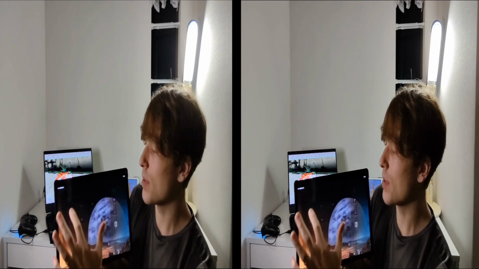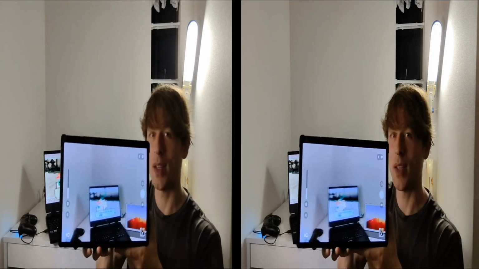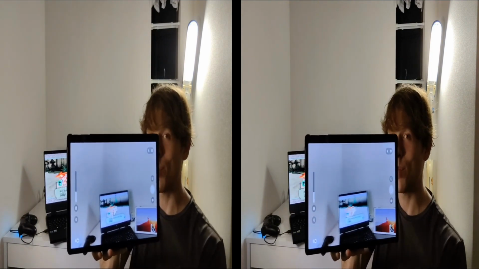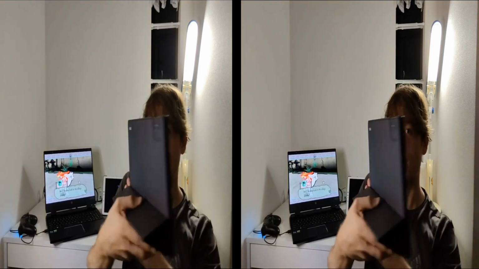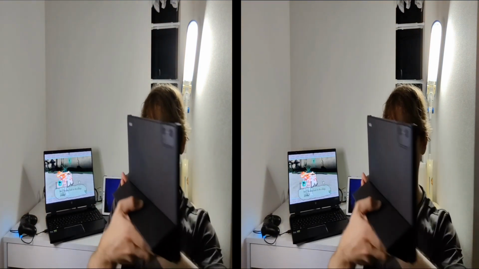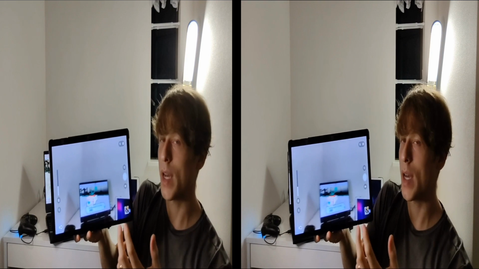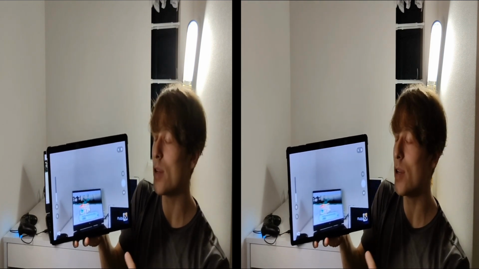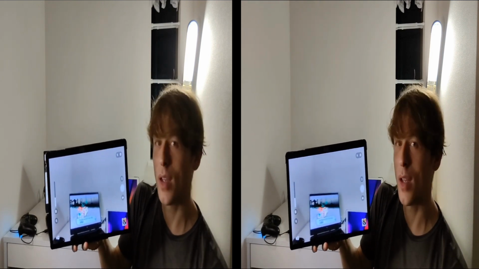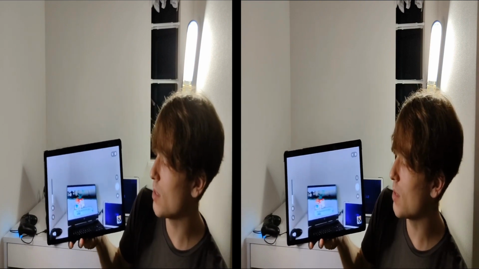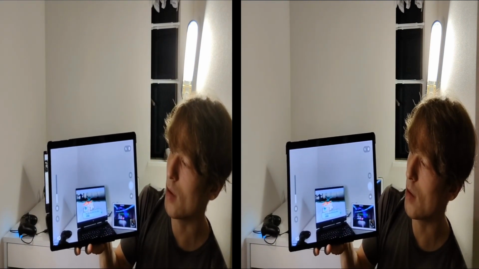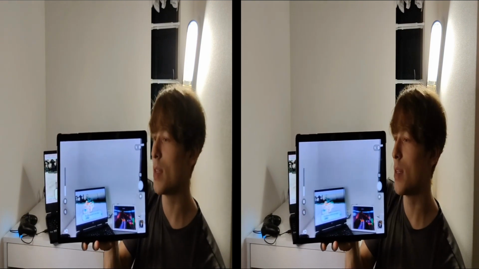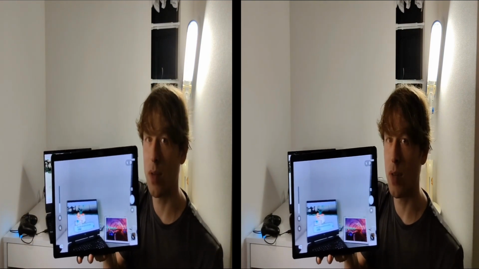Now when you open it up, it is immediately, as you can see, in 3D, a 3D preview mode. So this is using the rear camera, this camera on the NuviaPad 3D, to give a real-time 3D preview, so you can see what you're looking at through the camera in 3D as you're taking pictures. So I could take pictures of this stuff, for example, my setup on the desk right now, and see it in 3D as I'm doing that, which is just crazy. It's so much better than it was before.